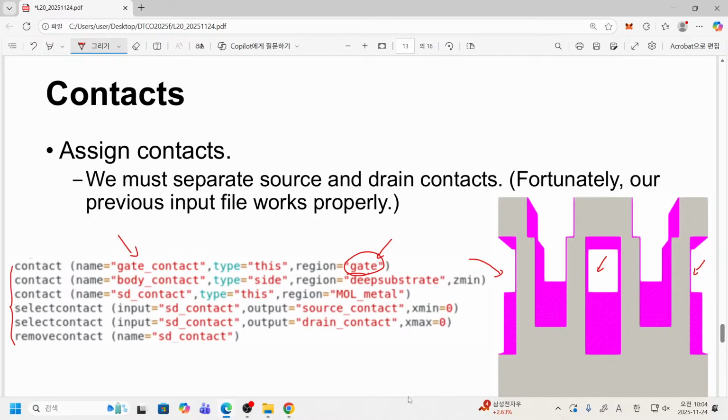here we have a deep substrate, and here we have a different specification. Previously the type was this. This means that the entire surface of that region is assigned as gate contact. But right now, when we say side, it just takes a certain side of the given structure. So maybe you can feel that this is not that general for general shapes,